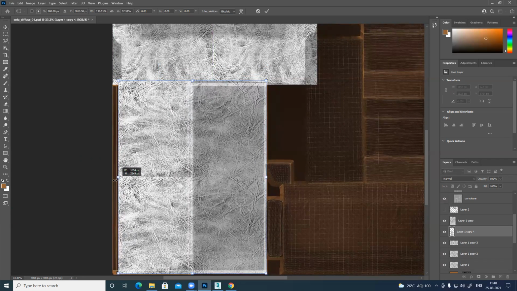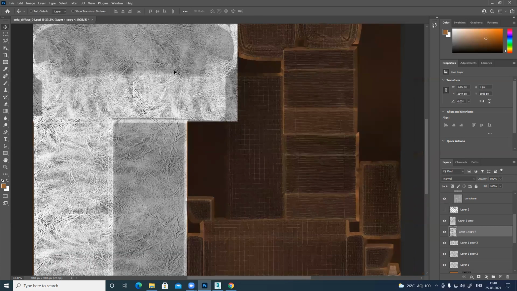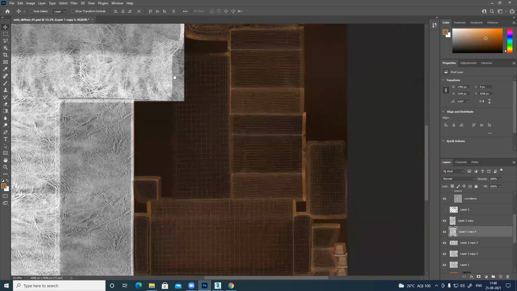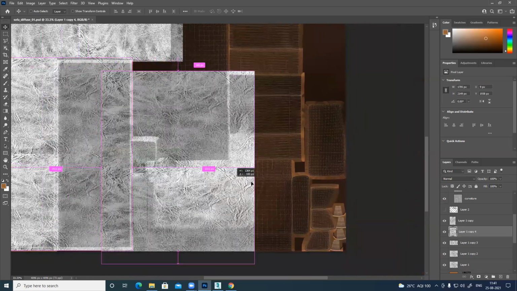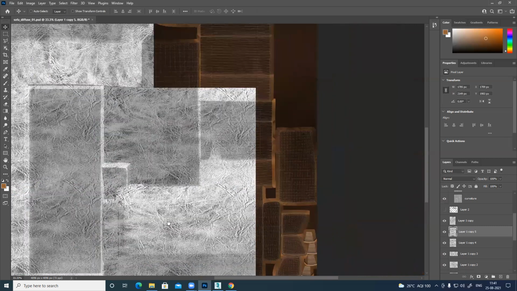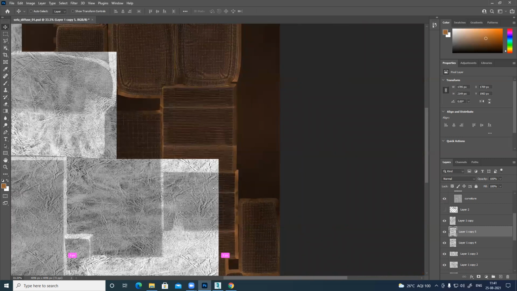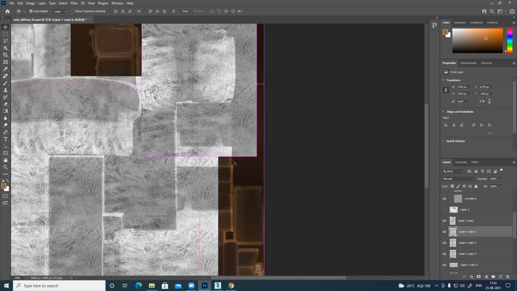Holding shift and stretching this thing. Because cracks and all those things are randomly generated, they can be stretched, it can be anything. So plan it accordingly, and then this part, replace. Replacing randomly.